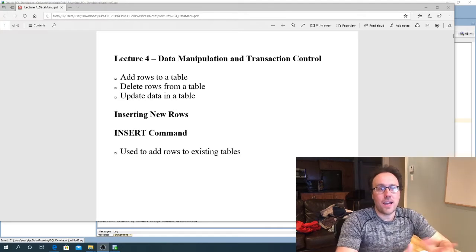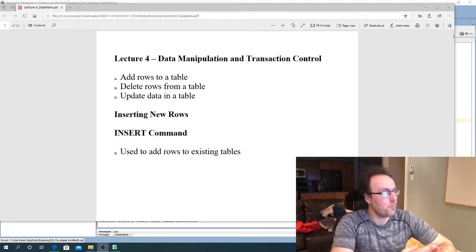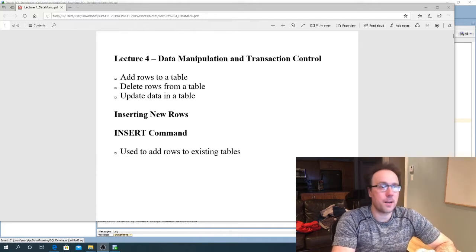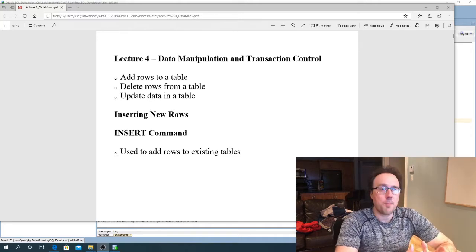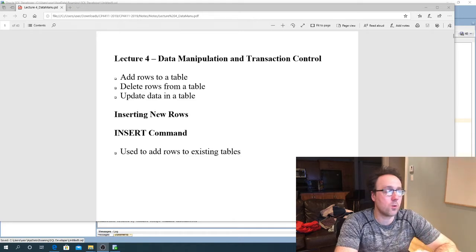Hello, and good morning. So today, the lecture that I'm going to be doing, I'm going to be introducing 3 new commands. These are very simple commands. Basically, we're going to insert rows into a table. We're going to use the update command to update existing rows in tables, and we'll use the delete command to